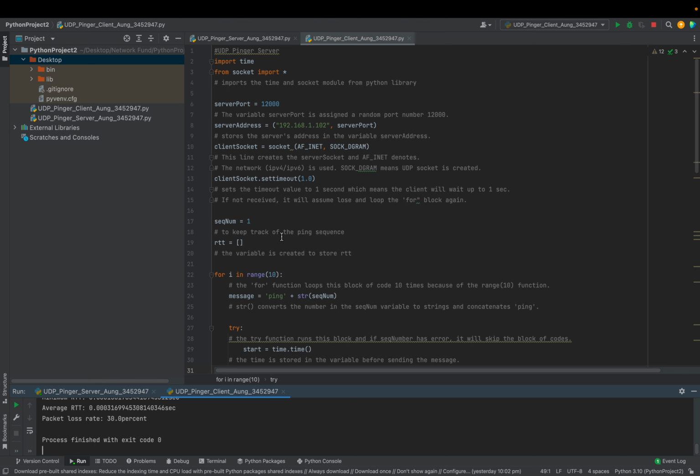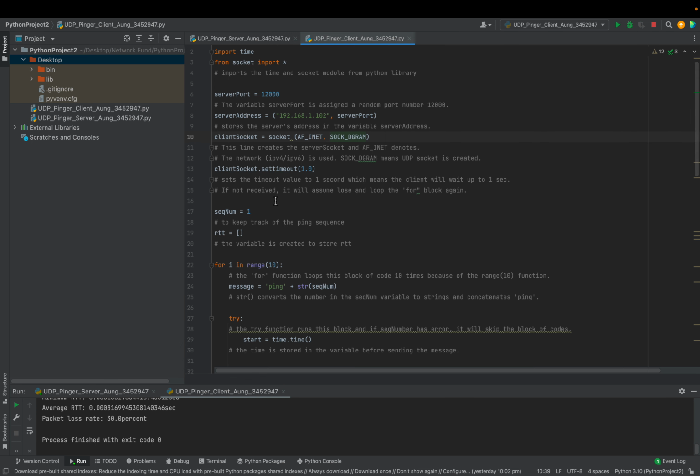Let's move on. So here is the import time socket that must be used. Then I assign a random server port, which is 12,000. This is my IP address, and that I use to create the UDP socket, and then use the socket functions and name it as socket client, and set the